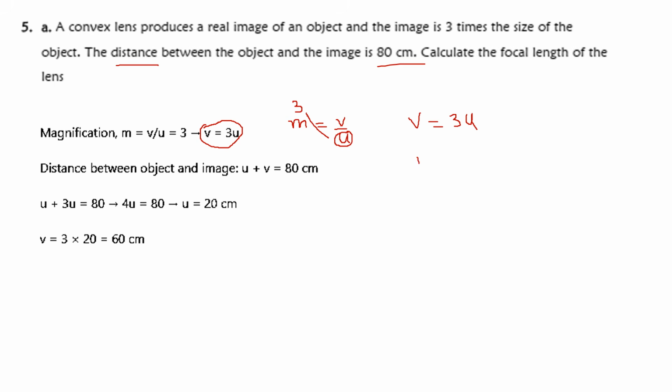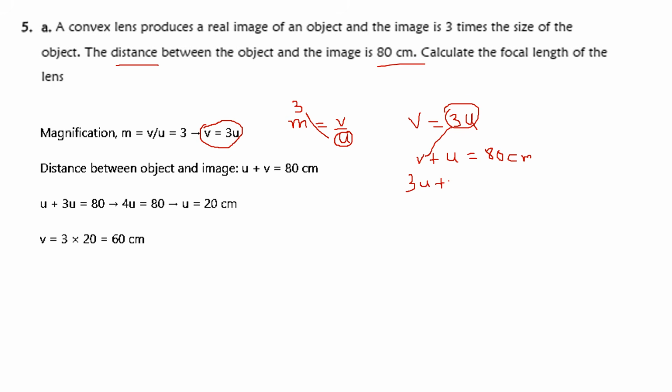This is just mathematics. Right, but V is 3U from the definition of magnification. We bring it here. It will give us 3U plus U is equal to 80. Adding up 3U and U is 4U. So we have 4U is equal to 80,